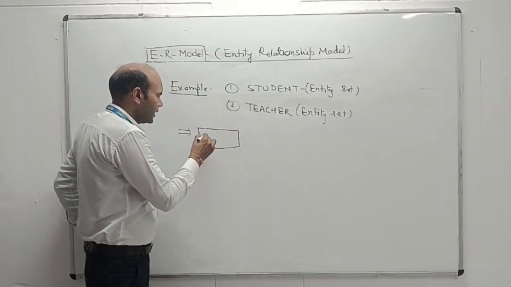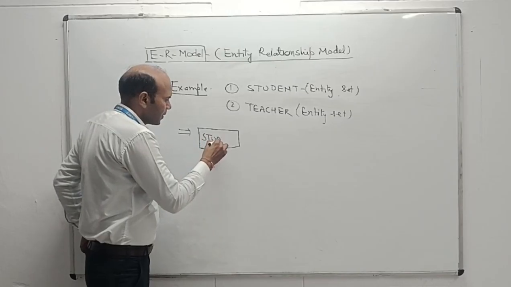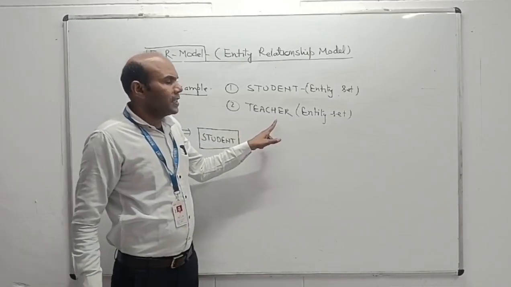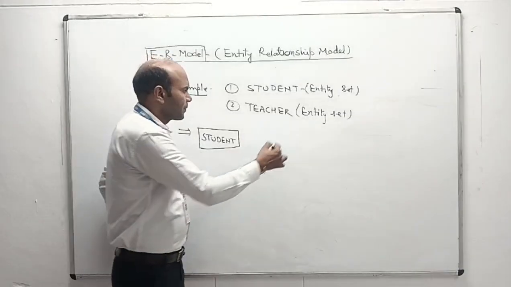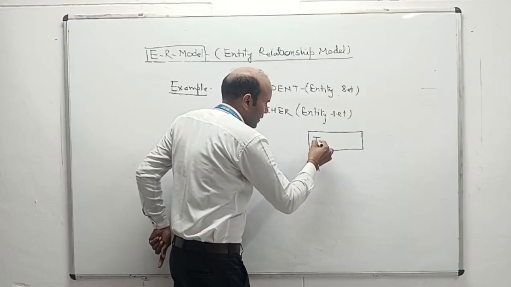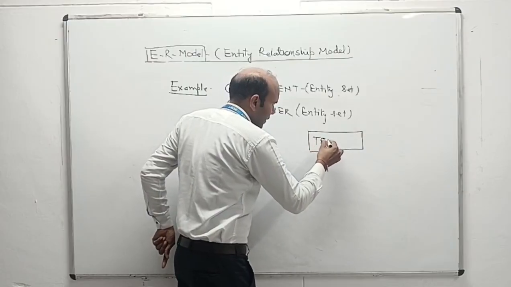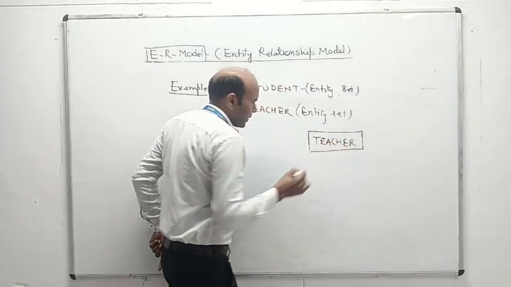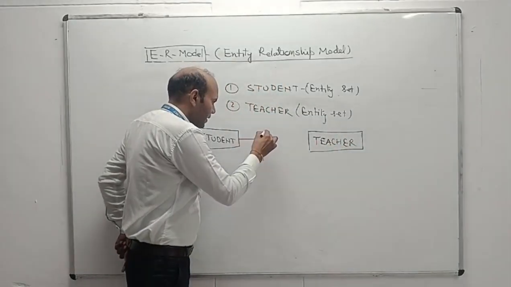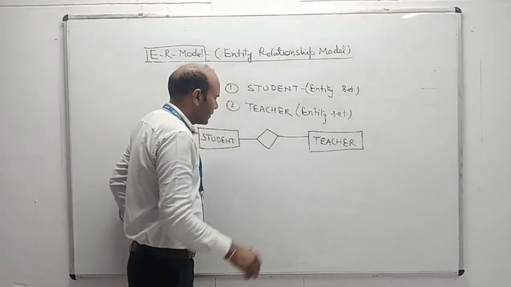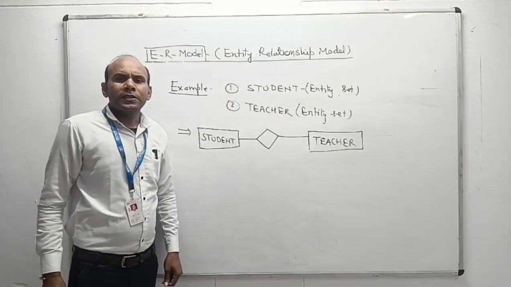This is the student. For representing the teacher, this is also an entity. This is the entity teacher. And these entities are associated using a relationship, that is